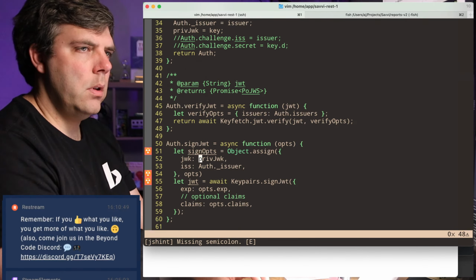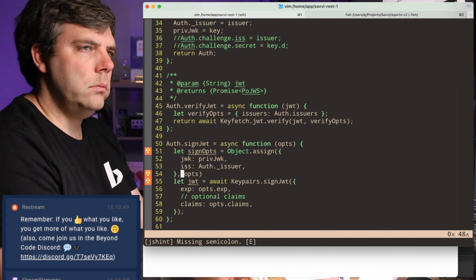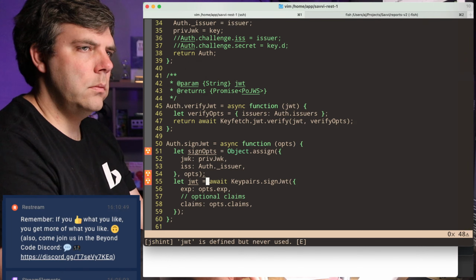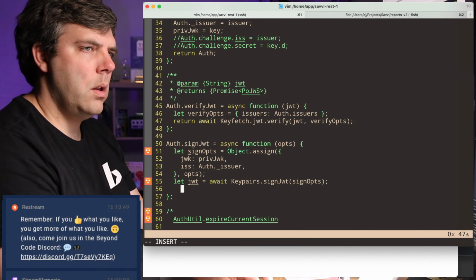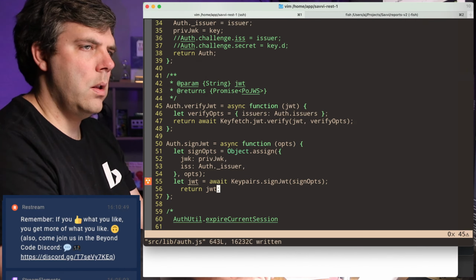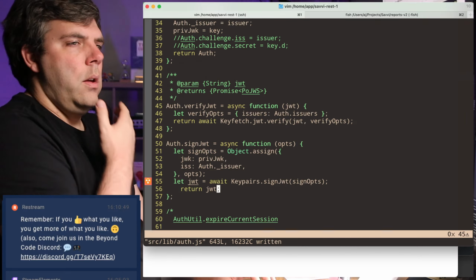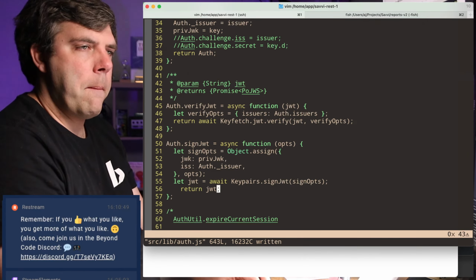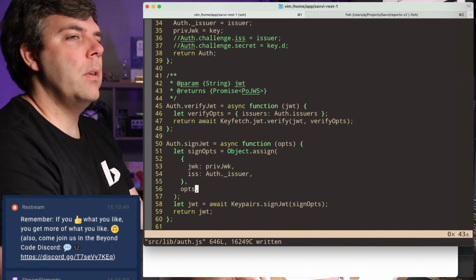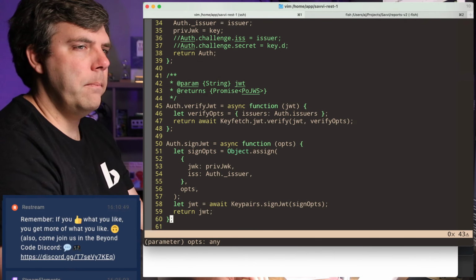There we go. Okay, so now private key stays here, which is where I want it to stay, and I can use this function elsewhere.